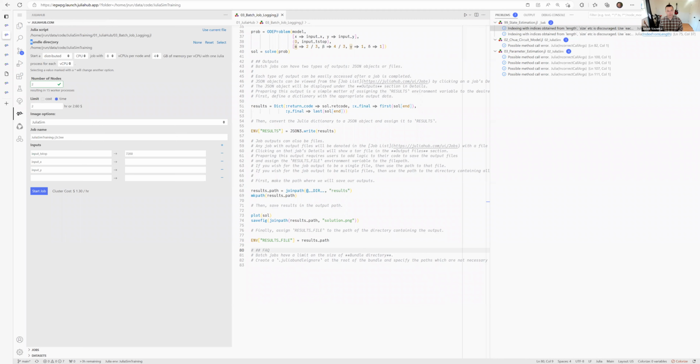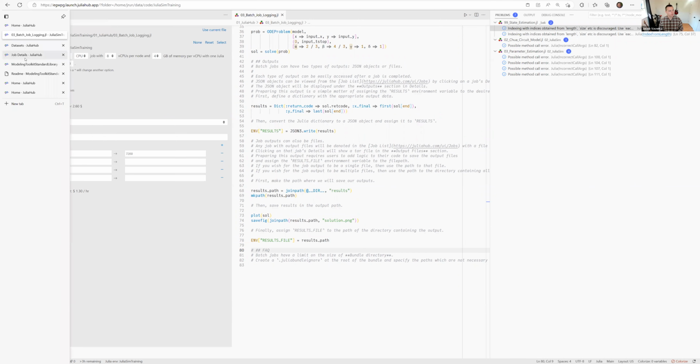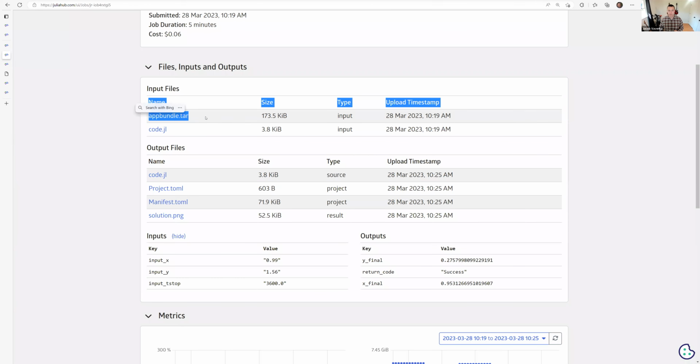And then everything in this bundle directory gets zipped up in the tar file. So you're always going to be able to reproduce this. And here's the project and manifest files as well to make sure that you know exactly which packages you were depending on and which versions you were working with. So really every step along the way, you can save your results and have confidence that you can go back